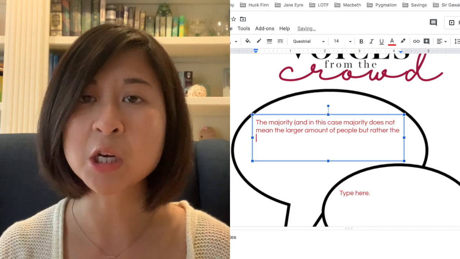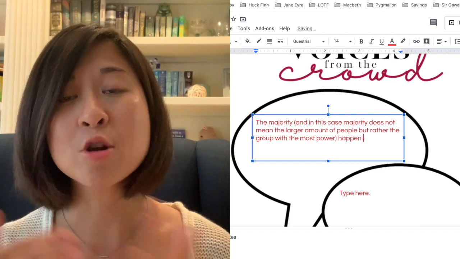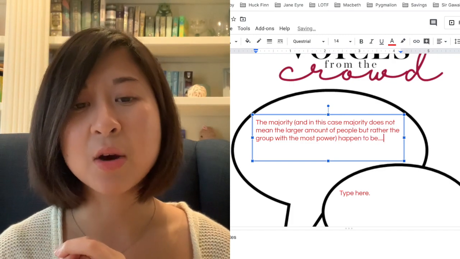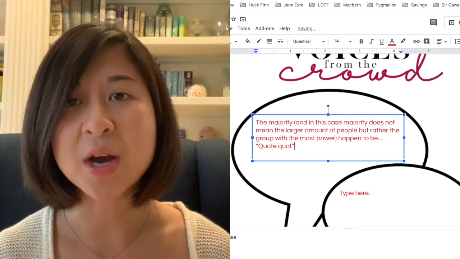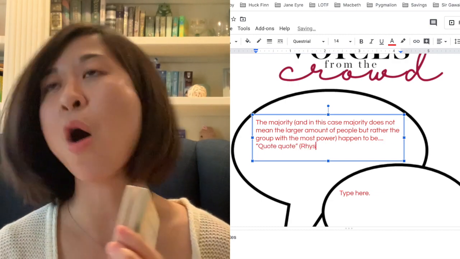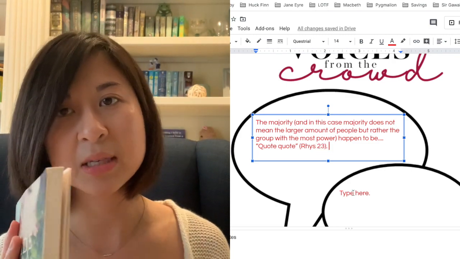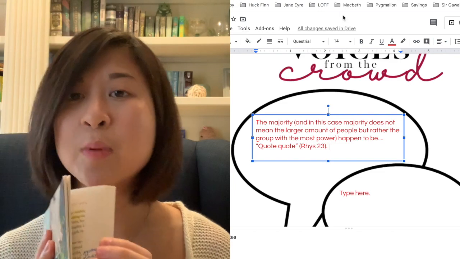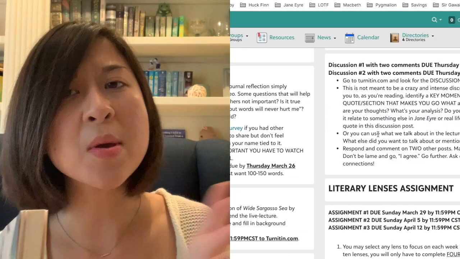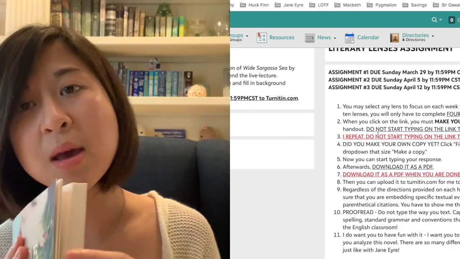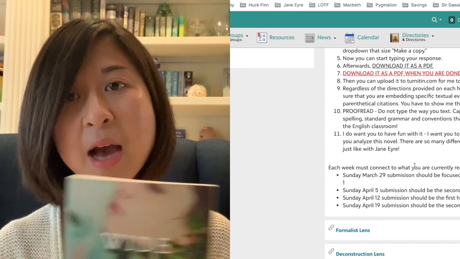So maybe week 1 you'll want to do critical race theory. Maybe week 2, gender roles. Maybe week 3, psychological. That's totally up to you in terms of what intrigues you. The main thing is you are writing about what you've read so far. So you can't have all 3, 4, 5 assignments over just part 1. It has to progress. Week 1 will be over the first part of part 1. Week 2 maybe will be about the second half of part 1, or maybe part 2. Week 3 will be later on in part 2, and so on. So it should grow chronologically.